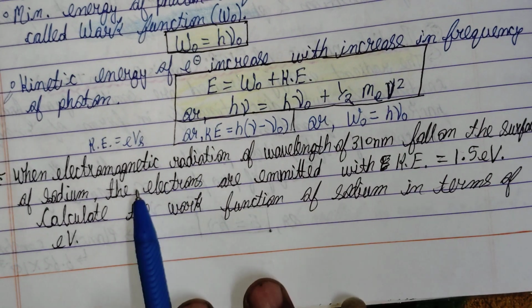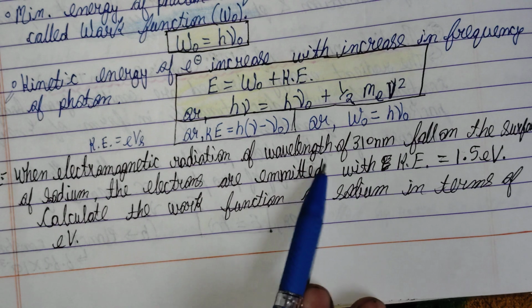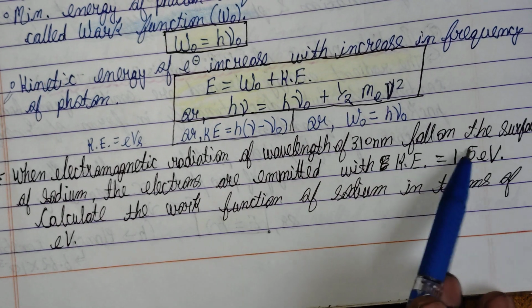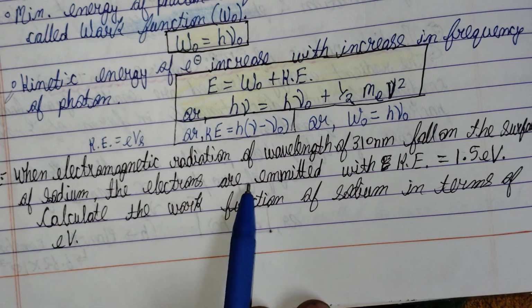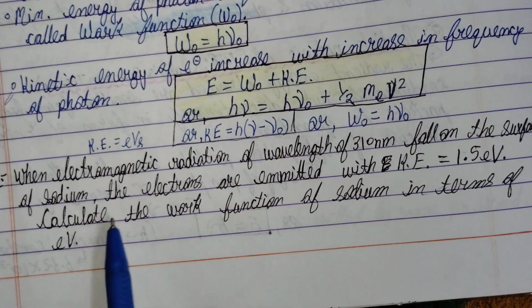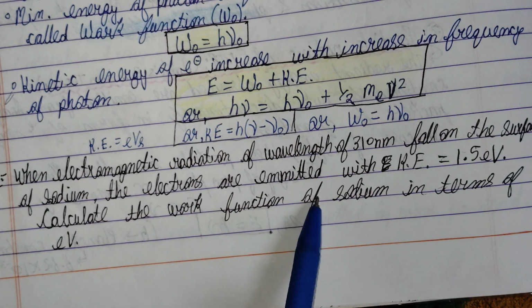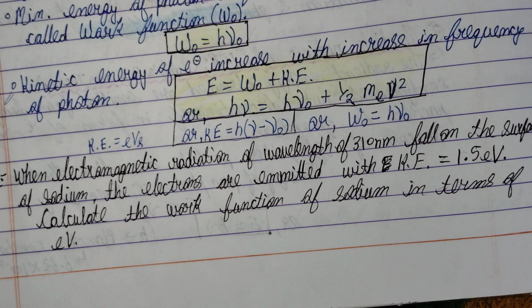Now, an important problem: when electromagnetic radiation of wavelength 310 nanometer falls on the surface of sodium, the electrons are emitted with kinetic energy 1.5 electron volt. Calculate the work function of sodium in terms of electron volt. So the solution is,